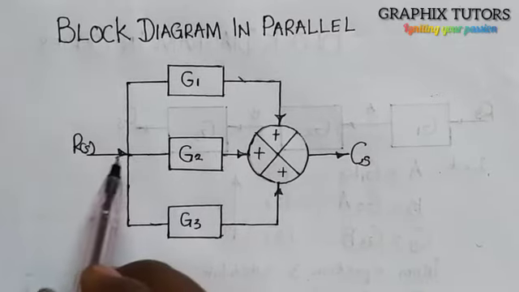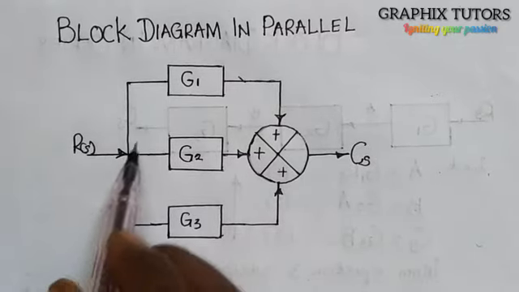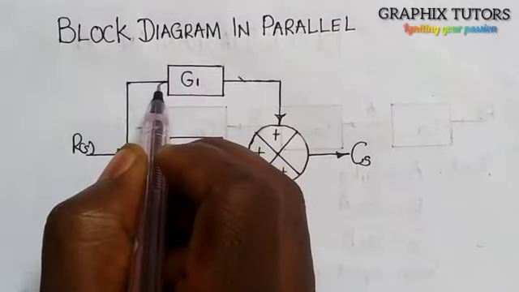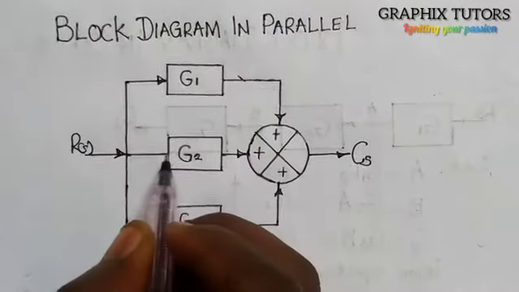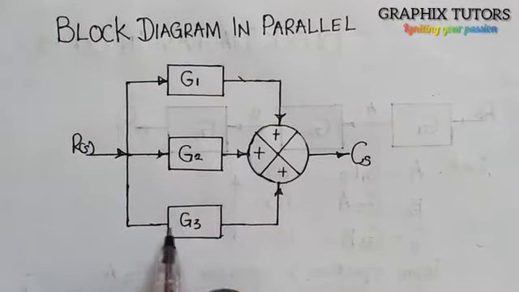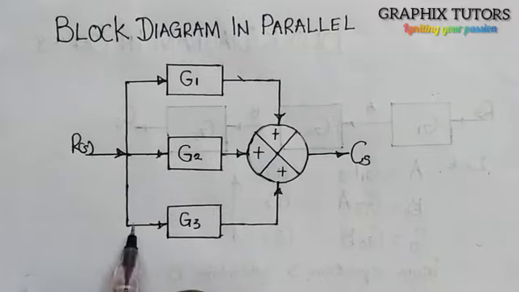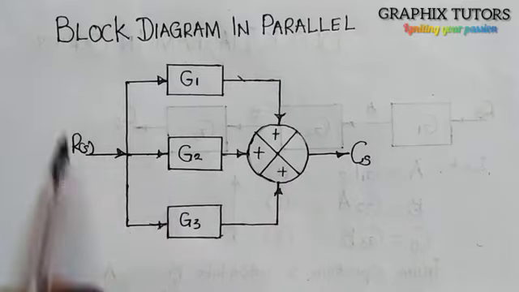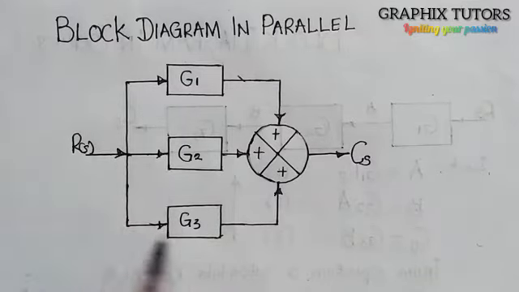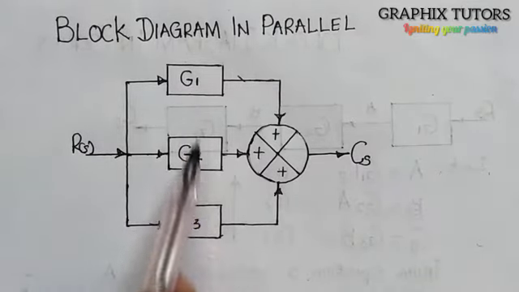When the input signal comes in, it travels out, it comes here, and it comes here. It is due to the help of this takeoff point that they are all distributed into each of these